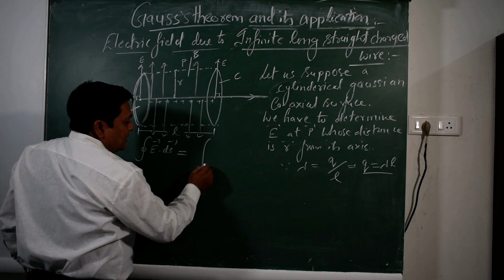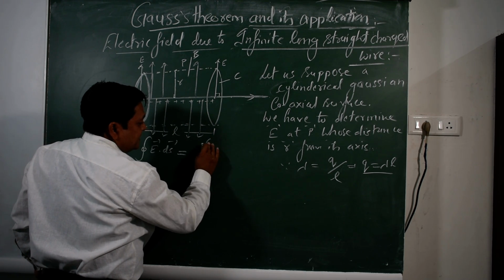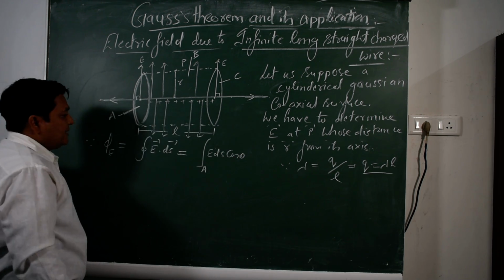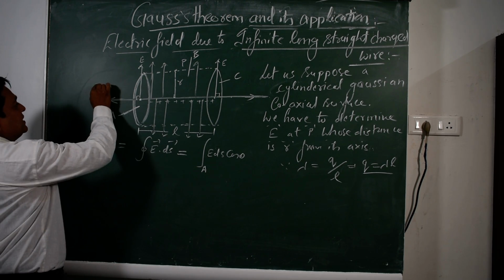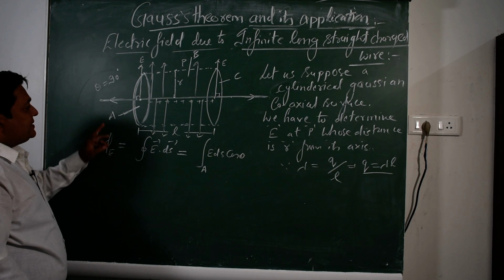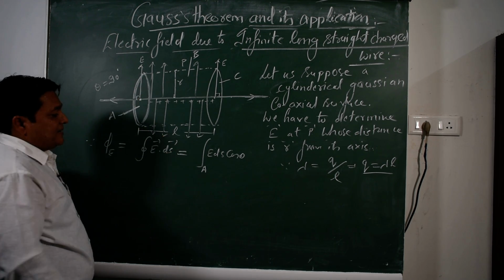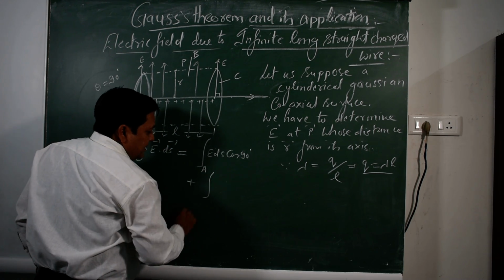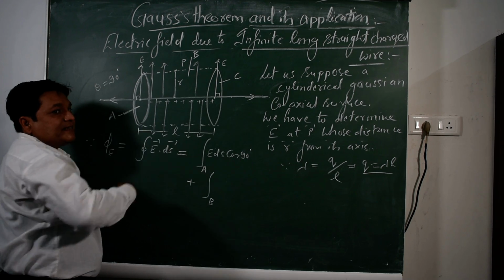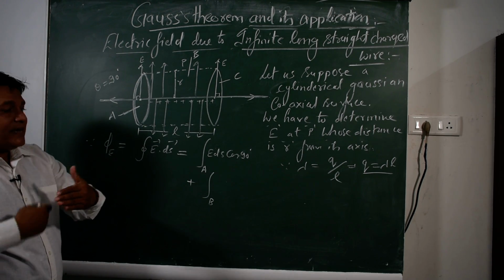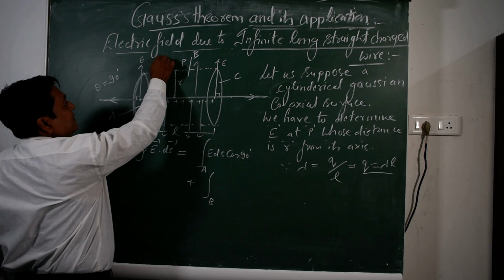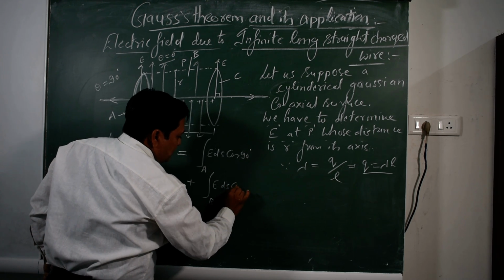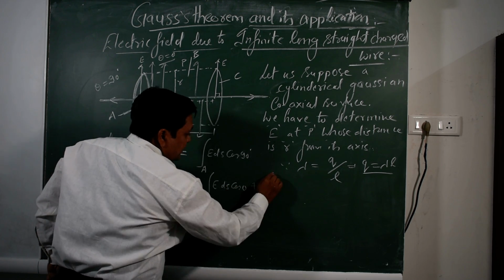So we take the integration of E ds cos theta of surface A. For surface A, theta is 90 degrees, the angle between area vector and E, so we write cos 90 degrees, plus the integration over B, the curved surface, where the angle between E and area vector is 0 degrees. So we write E ds cos 0, plus surface C,